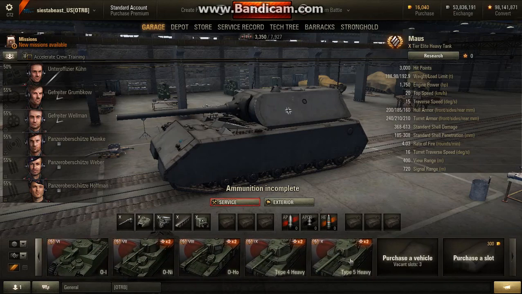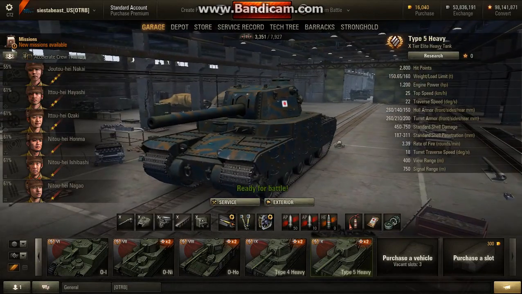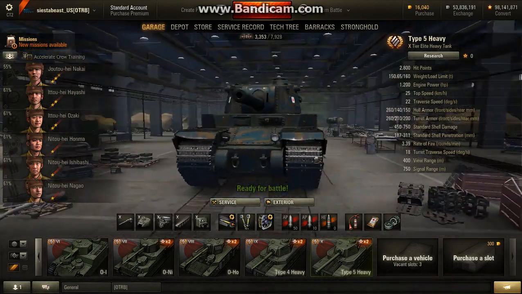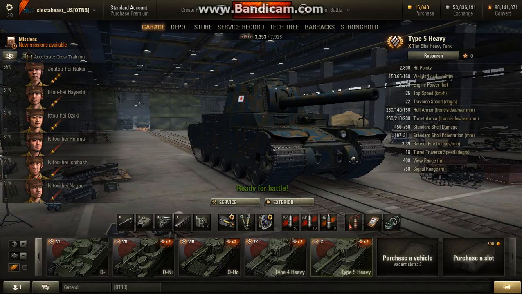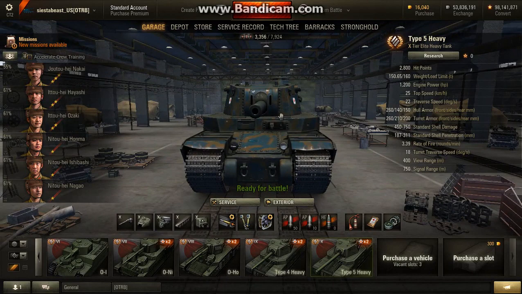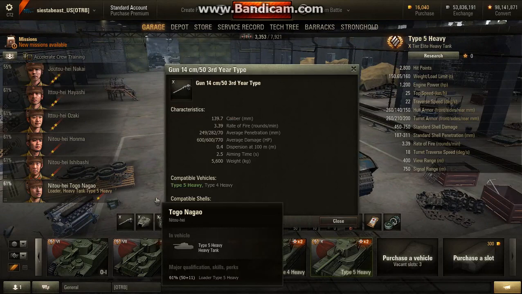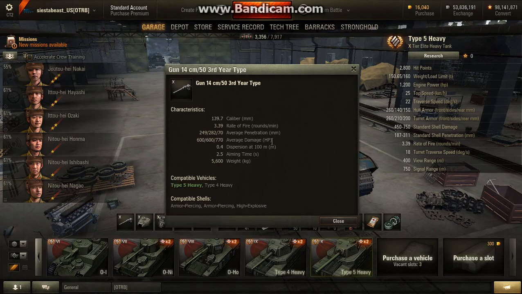Now less side armor, so it's not going to be as good as mouse side scraping. If I had Tank Inspector, it would be all. Just really good armor. Now let's take a look at the gun. Yeah, it's the same gun from the previous tier, but that is okay because you have a better rate of fire. Thank you guys for